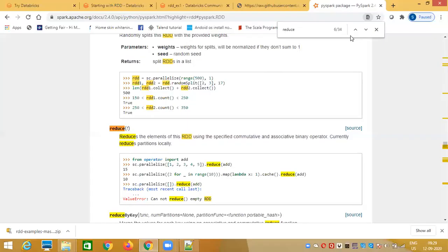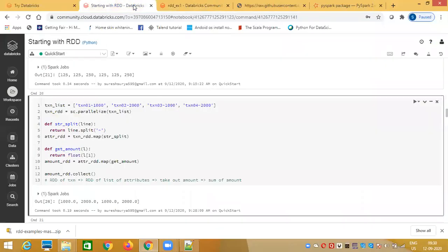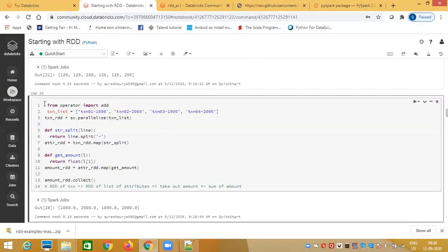So here you can see reduce with the add function. Add is a function available inside the operator package. You can directly call the add function: from operator import add is a function to sum numbers. So I can also use their function as they have used. Why is it not letting me copy? I'll just use this function. So I just import this. It's not that you can only use an inbuilt function; you can use your own function also.